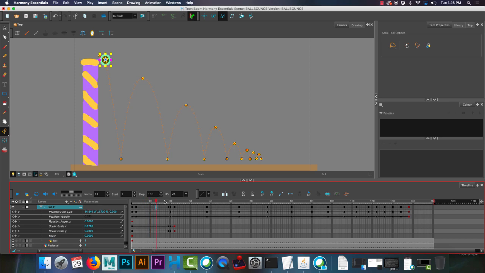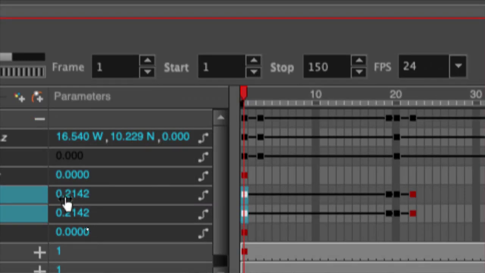So if we go back, you'll see squish, stretch, and then as it gets back to the top of its bounce, it should be reset back to normal. Now in my case, I had keyframes here for it being smaller because I'm not bright, I guess. So my default scale, as you can see, I'm just going to zoom in on here. You can see it's 0.2142, blah, blah, blah, but they're the same value. So for me, I'm just going to copy these